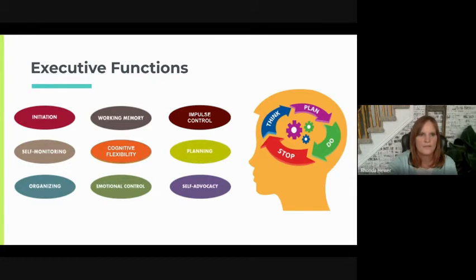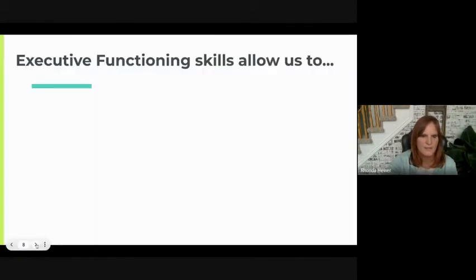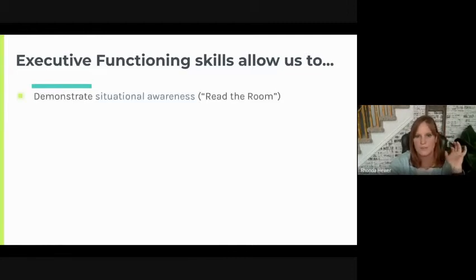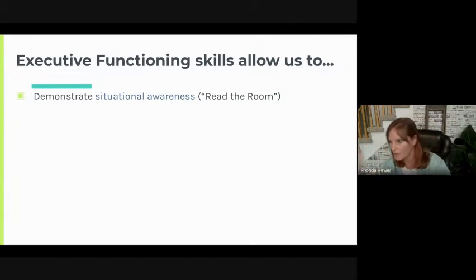Okay, so looking at executive functioning skills, you've already nailed it. Executive functioning skills allow us to demonstrate situational awareness, or read the room. Reading the room is a very early aspect of executive functioning, and what it basically means is they're recognizing zones in the room. They recognize space, time, objects, people. They're walking in and saying, okay, what do I need to do? What is expected of me in this setting? It sometimes involves self-directed observations, like what's happening now, what matters now. It uses if-then thinking: if this is what it looks like, then what do I need to do?